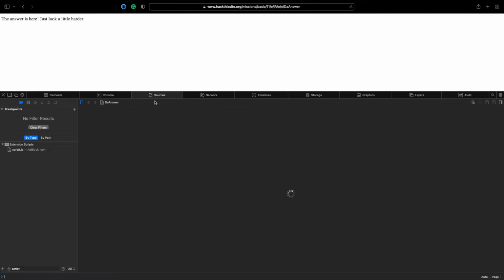Now, I must admit, when I first did this challenge, I got to this point and I was like, what on earth is going on? I don't know. I mean, if we look at the page, there isn't much more other than what you see on the page. It just says the answer is here, just look a little harder. But where's the answer? I started looking for hidden text. I started scrolling through the whole source code, even though there isn't any. I thought the answer was hidden on a page, maybe hidden in an image or written in white so you couldn't see it on the background. However, it's a lot more simpler than that, and I kicked myself when I found out what it was. Can you guess?